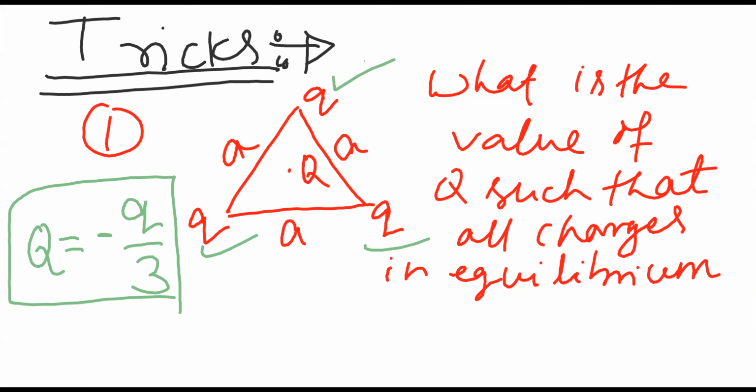Are you understanding or not? So you see the corner charge and which is the center charge. Then Q equal to minus q by root 3. Root 3, not 3, root 3. So q divided by root 3, where q is the small corner charge and capital Q is the center charge, such that the whole system is in equilibrium. So write this. Complete. I'll tell another trick.